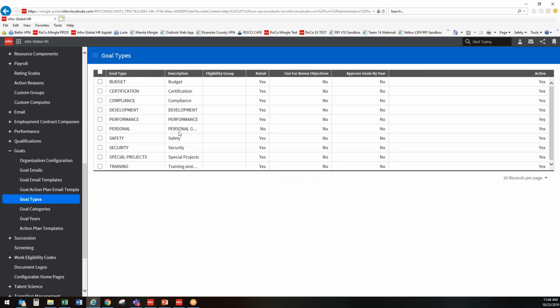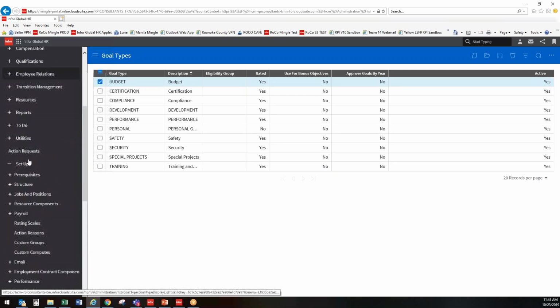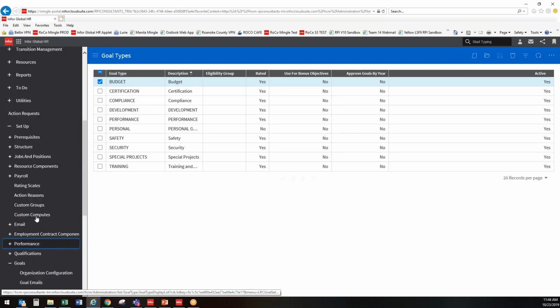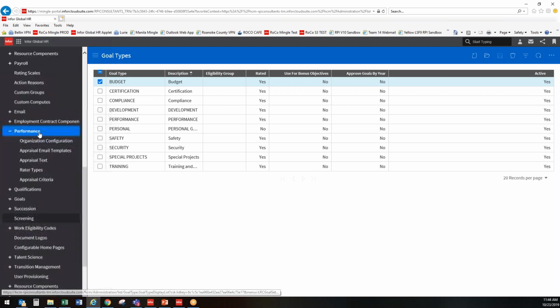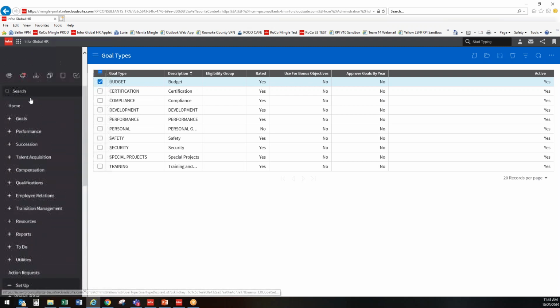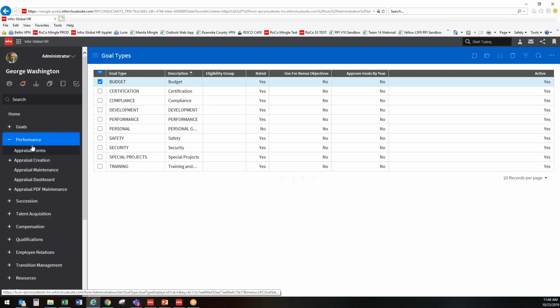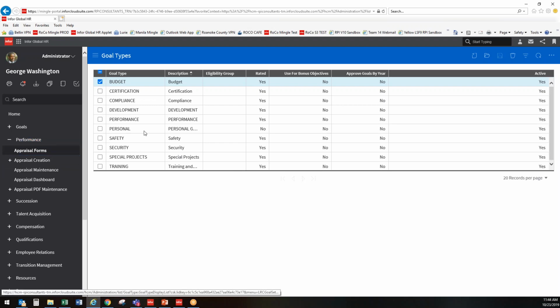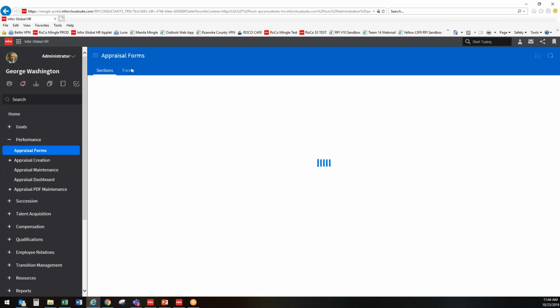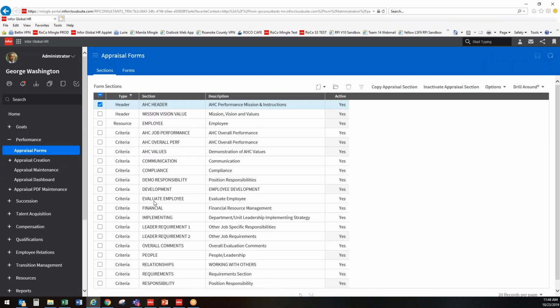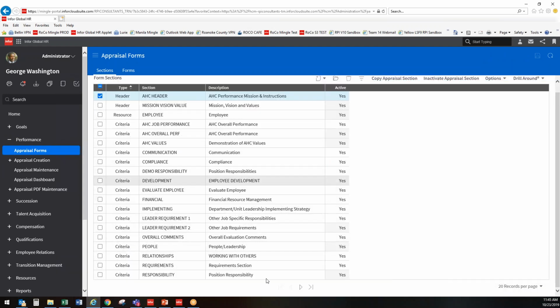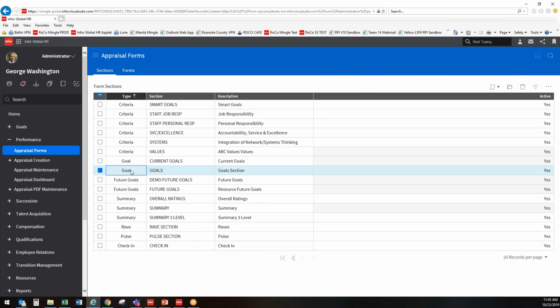You specify the goal types that you want to use, and then under performance, by section, you specify which goal types are in your section. So if you never want, what was your example, finance,